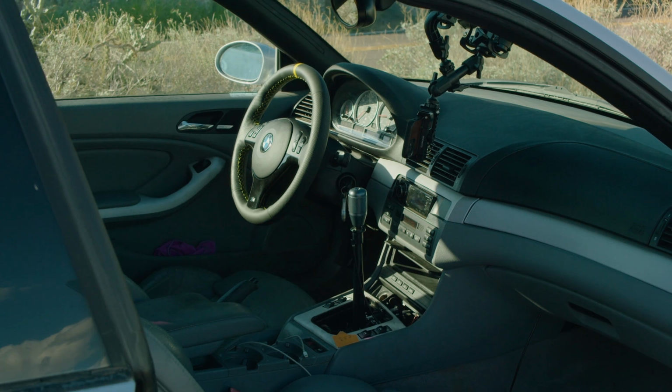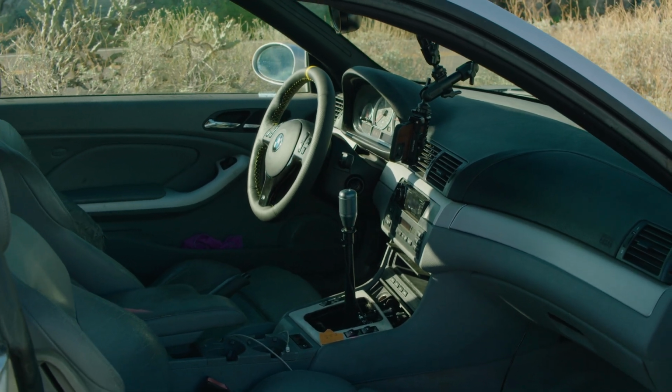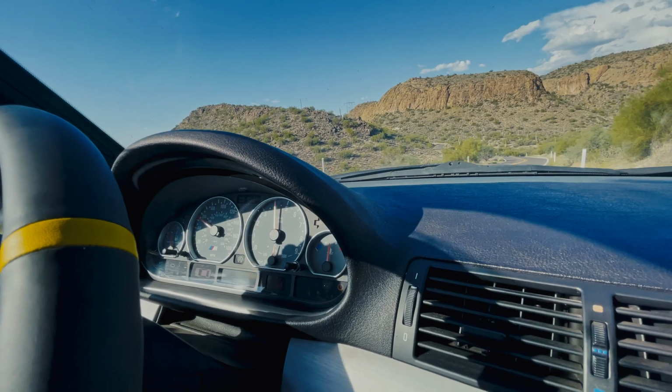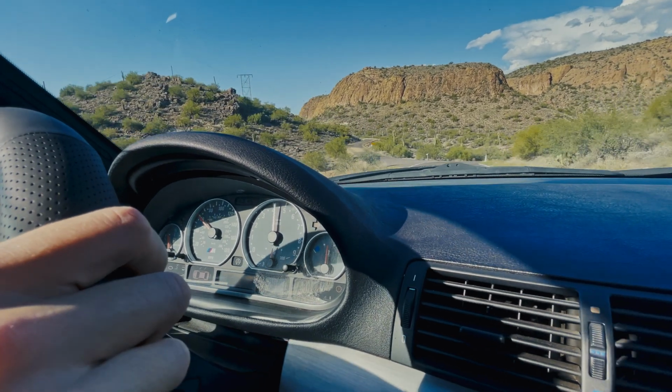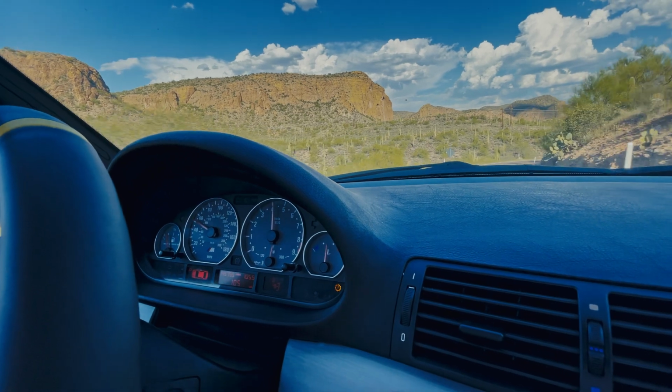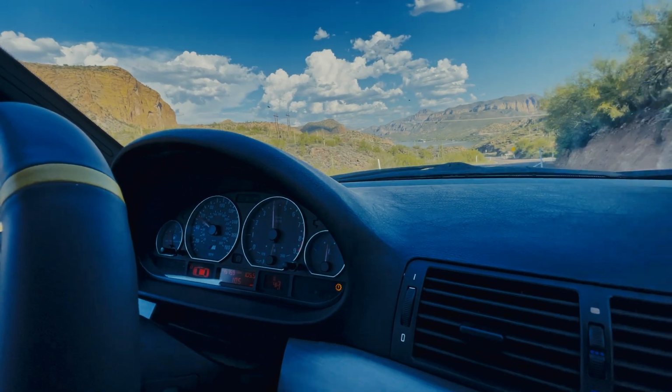Alright, one other thing with drivability: it's hard to put on a 1 to 10 scale, but drivability also has to do with the refinement of the controls of the vehicle, because at the end of the day, you are connected to those controls: the steering, the throttle, the brakes, the clutch, the shifter. All those things have to work perfectly in your favor, and the smoother you can be with your inputs, the better the car is going to react, and the more you're going to enjoy that car. I've had cars with super aggressive clutches and really aggressive short shifters, and they just weren't enjoyable to drive. And in stock form, the E46